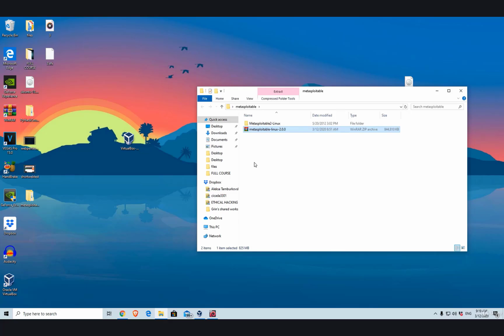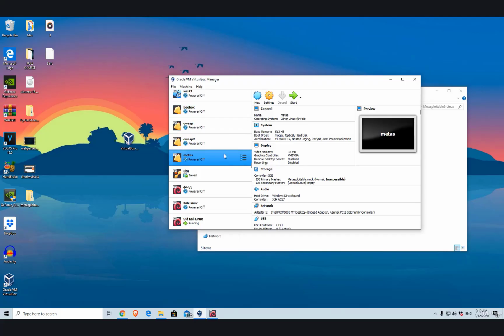Alright, so this is finished. We got this file right here, and you will see a couple of files in which we are interested in this Metasploitable file, which is .vmdk. It is the size of 1.79 gigabytes, and right now we need to open up our VirtualBox, click on New,